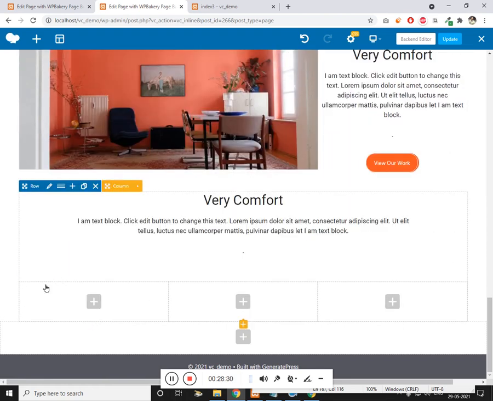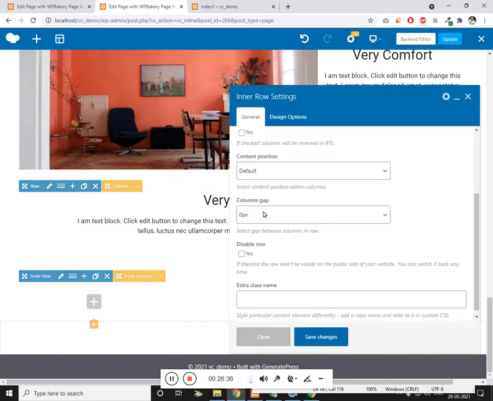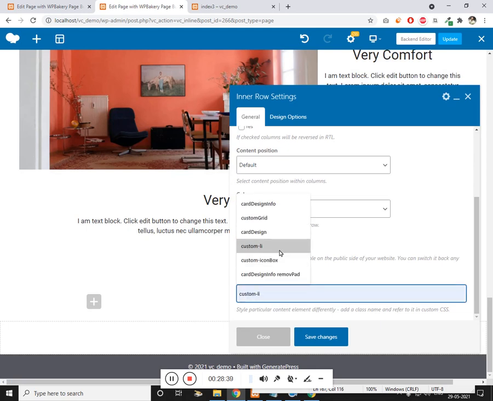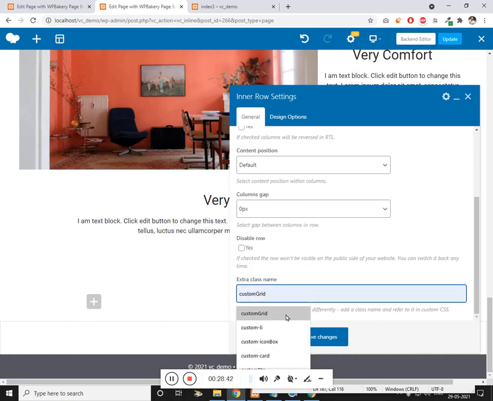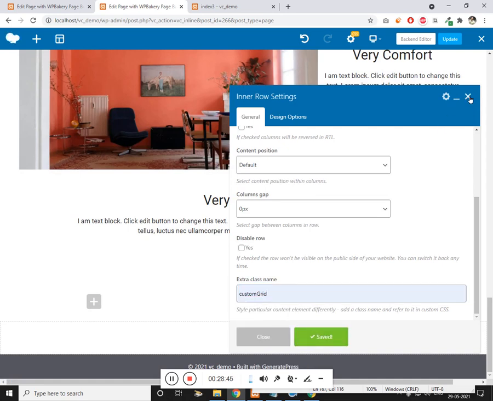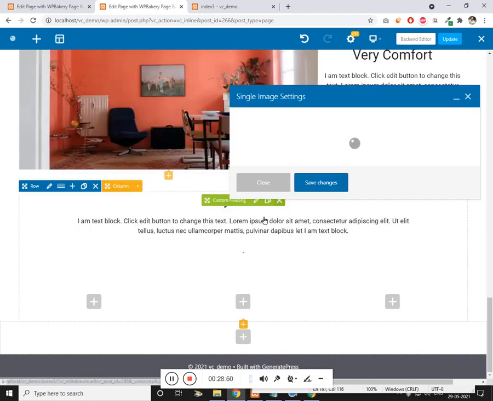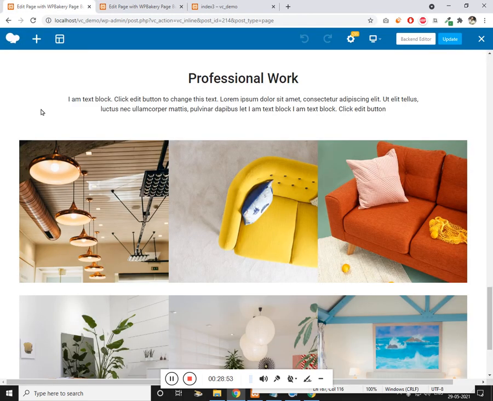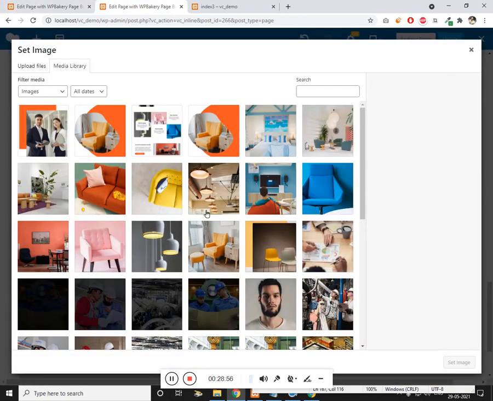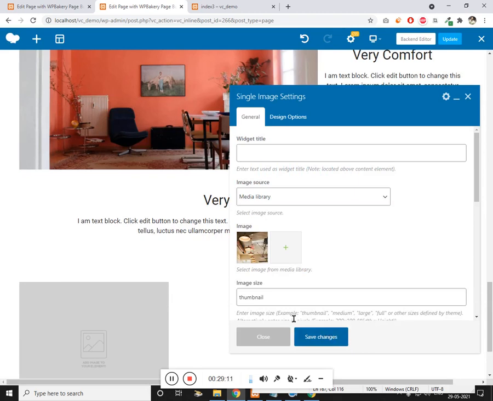And over here let's keep the class custom grid, so that we remove the padding and margin for the image. Let's fill the image. So this image, before clicking on save, let's make this full.